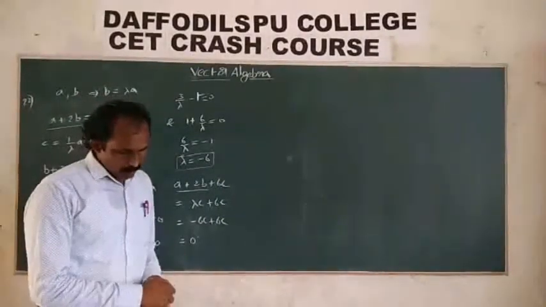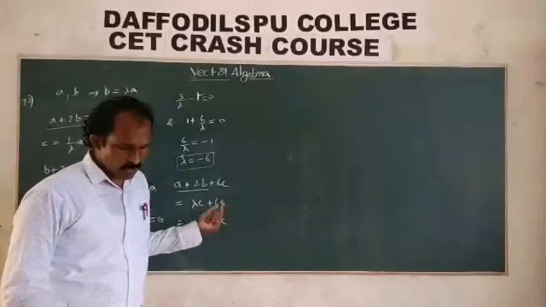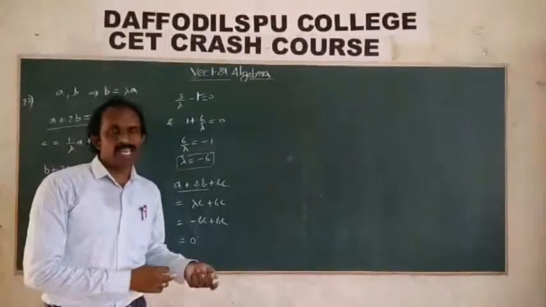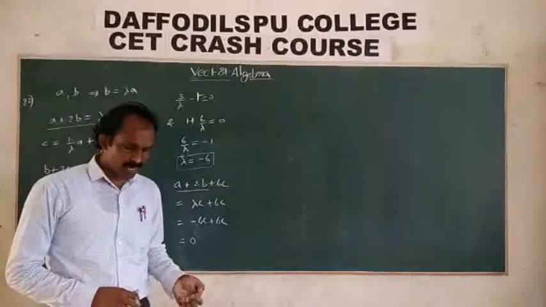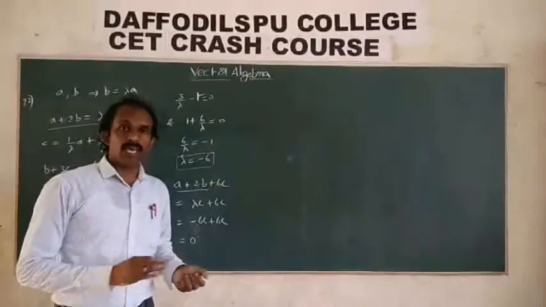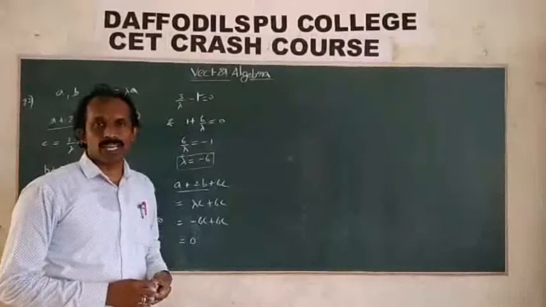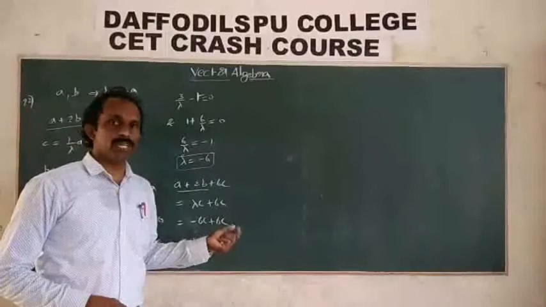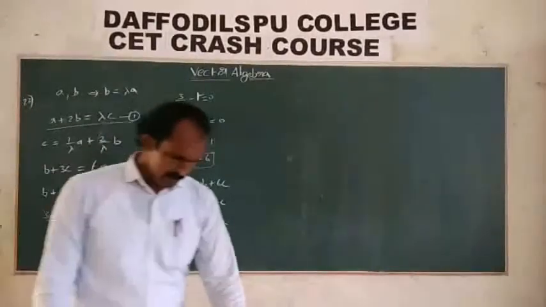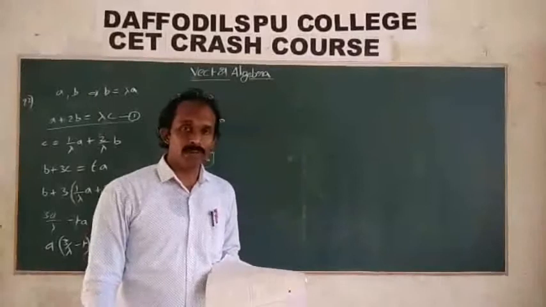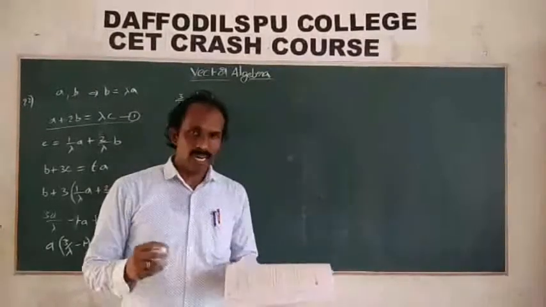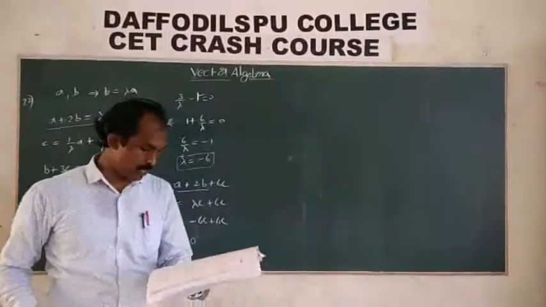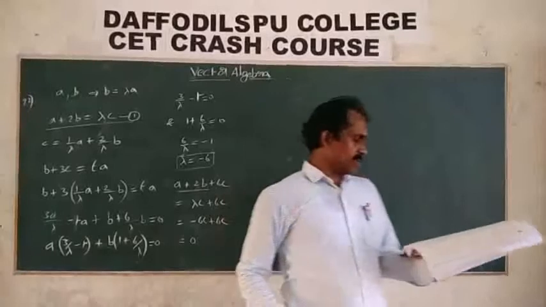Next, 23rd. Modulus of A plus B is equal to modulus of A minus B. Then A and B are parallel, perpendicular, angle between the vectors is 45, or angle between the vectors is 60 are the options. So square both sides and expand. Modulus A plus B whole square is equal to A plus B dot A plus B. That formula can apply. Expand both A plus B whole square and A minus B whole square. We get the remaining values after cancellation: A dot B is equal to 0, which means they are perpendicular.